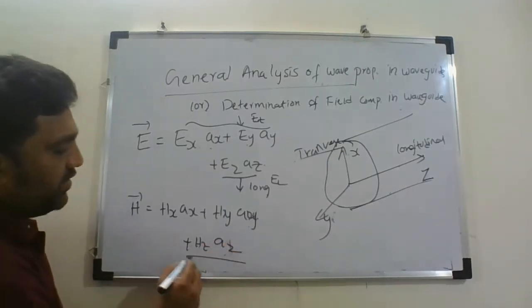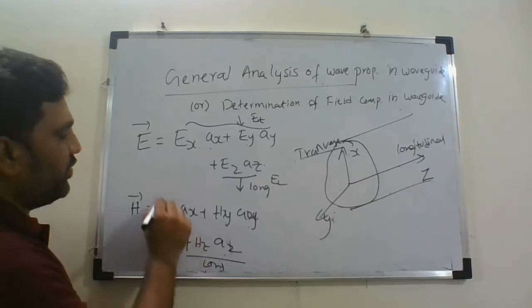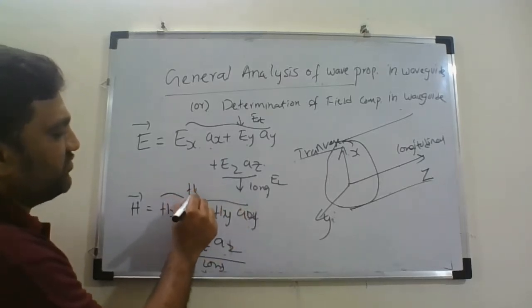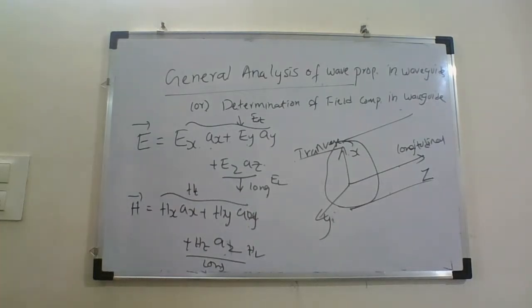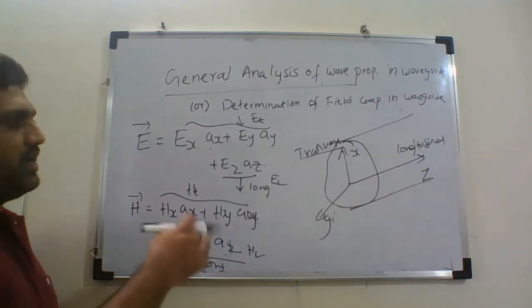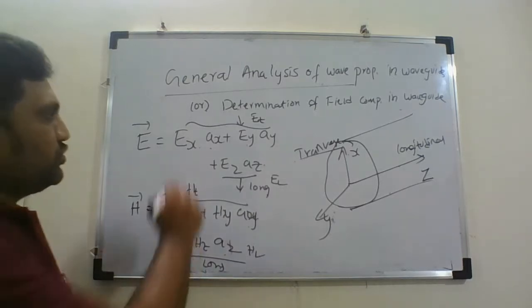So again here, this is the longitudinal component and these two are the transverse components. So the magnetic field and electric field we are writing in the form of longitudinal and transverse components. Now the next thing is, our idea here is to